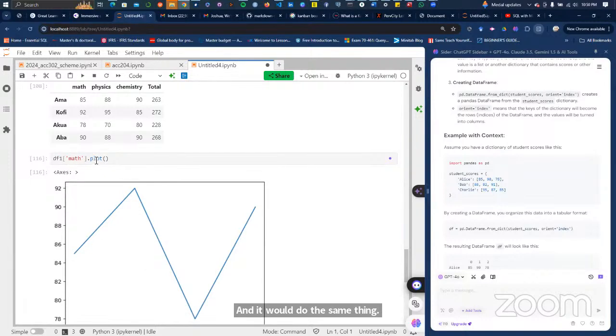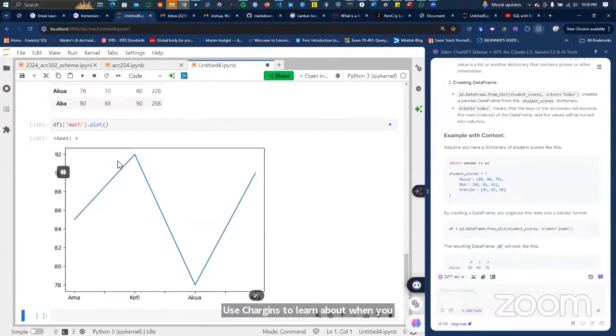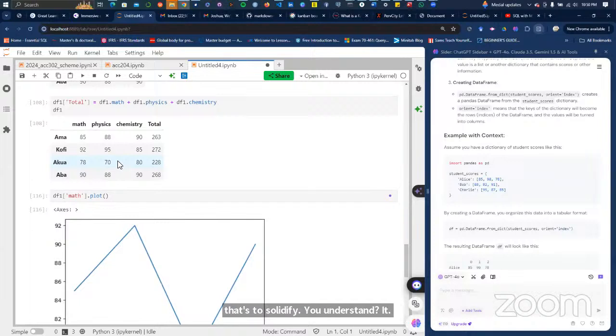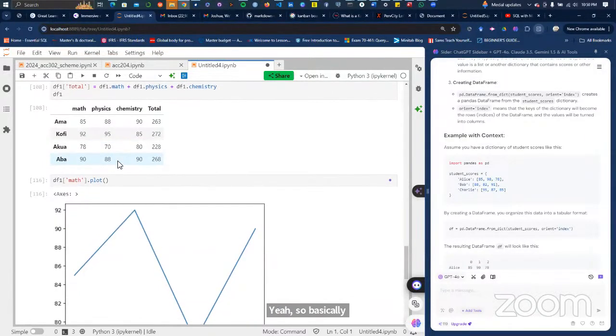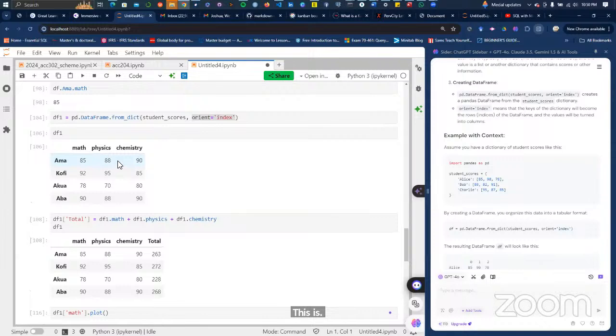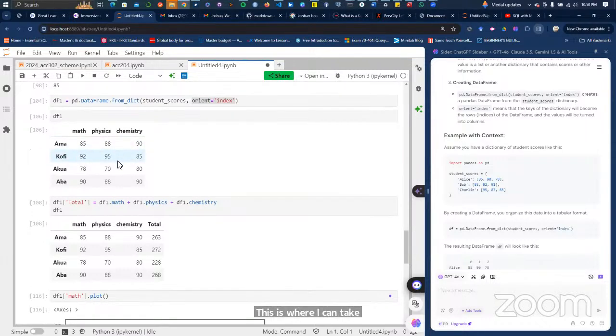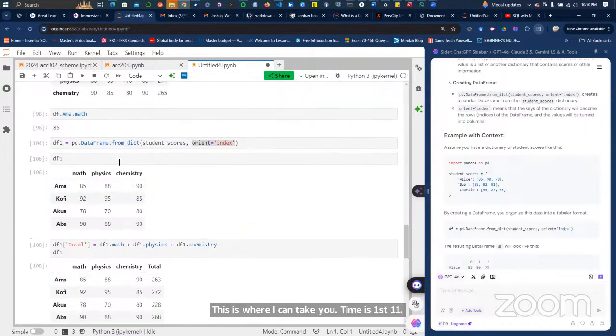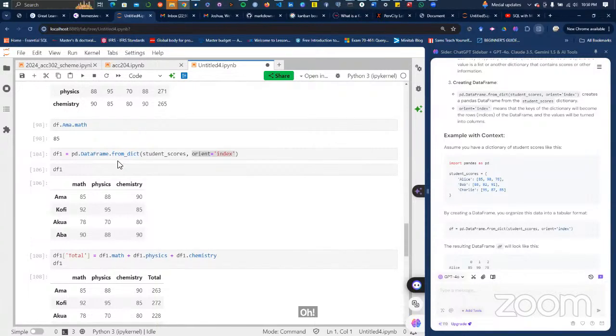You can use ChatGPT to learn about when you use this and that, to solidify your understanding. Basically, this is where I can take you. Time is fast spent, it's almost 11. So you can go through this and extend your learning around this, and you should be fine in the exam.